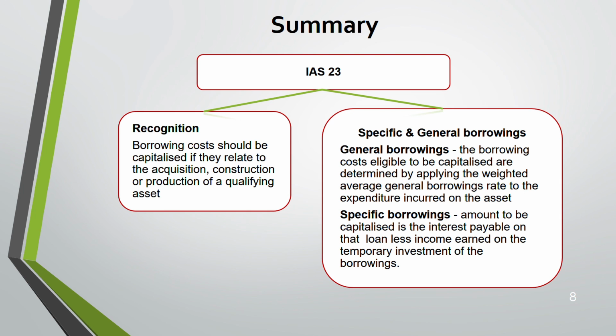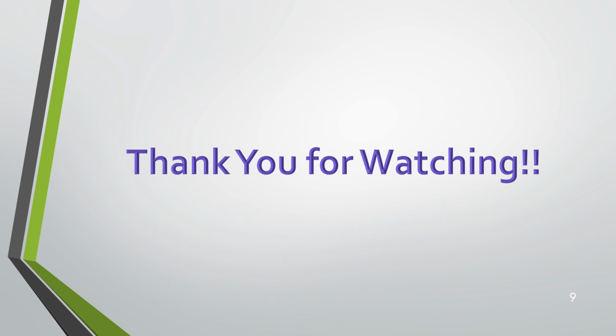General, yes, you need a weighted average. So in your exam, what you need to see is the type of borrowing, whether it's just general, then use weighted average, they will give you, or whether it's a specific. Okay, and recognition, look at the asset. Sometimes they might confuse you. They will give you an asset and you might go and incorrectly capitalize, whereas it should be taken as an expense in the P&L, not capitalized, because the asset was not qualifying. So first starting point in IAS 23 is qualifying asset or not. If it's a qualifying asset, then only you follow the rule of IAS 23. Otherwise, no. Okay.